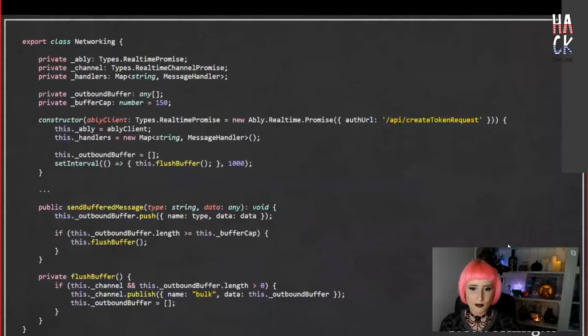To make sure all of the messages get sent, there's a timer that we set up in the constructor. Every second, the buffer will attempt to flush itself. So if any messages are left unsent in the buffer, they'll be swept up in this flush task. Buffering the messages like this means that we have more control over how the clients send messages, preventing huge spikes in our Ouijably traffic from a user wildly swinging their mouse or their device around.